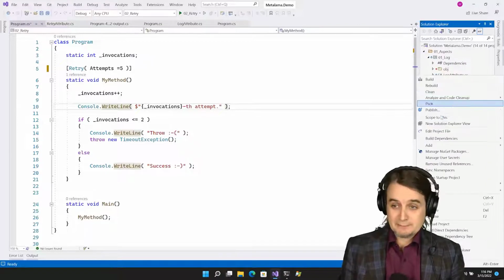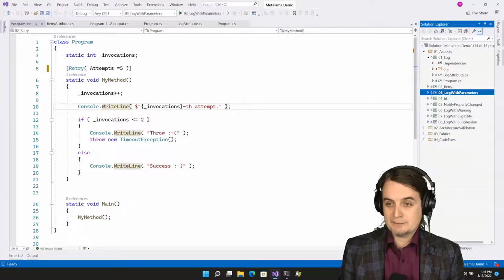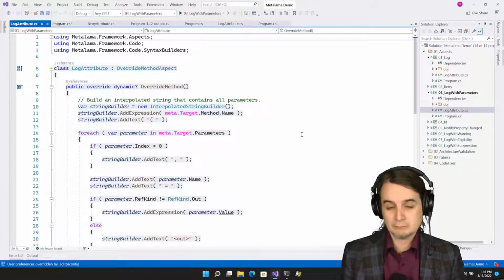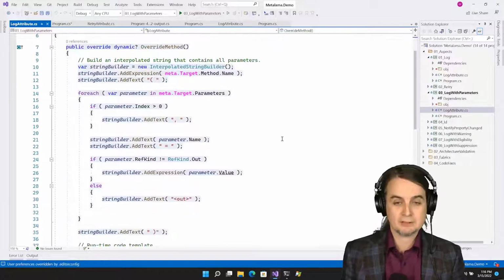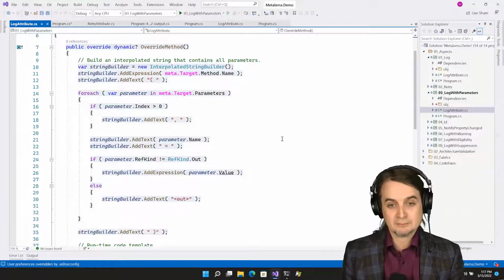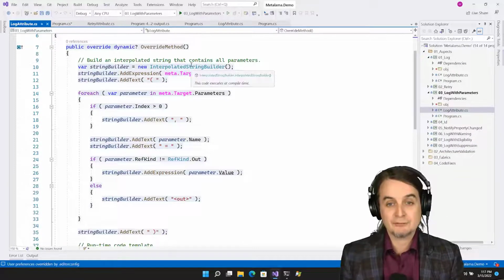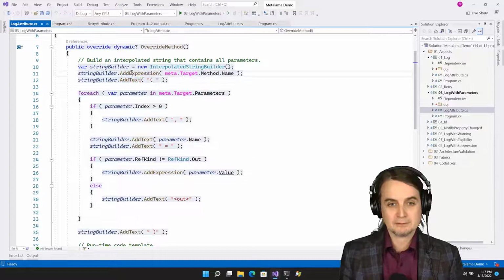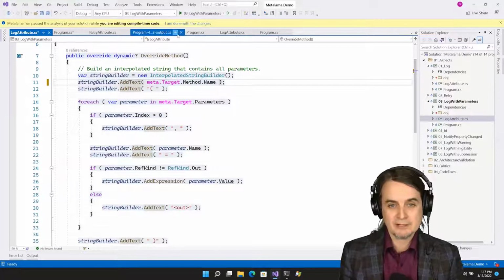We can start making things a bit more difficult. The templates can be actually complex, actually arbitrarily complex. Here, I would like to have still logging. We are still in the hello world scenario, but I would like to have the method parameters inside the logging string. And for this, I would like to have an interpolated string. So instead of creating a string builder, I will create an interpolated string builder, and I'm starting by adding, actually this is not an exception, an expression.